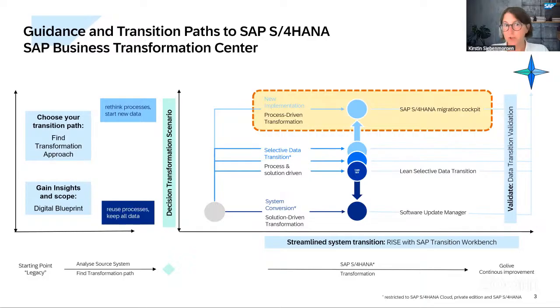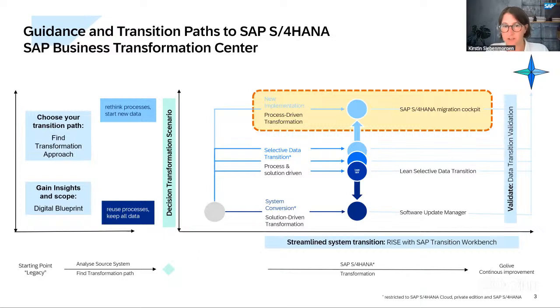So you can choose your transition path, and we help you with that with the defined transformation approach. This is based on your source system and your business requirement. It proposes to you the